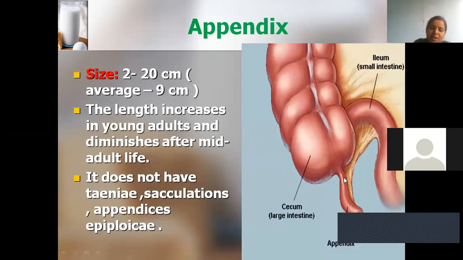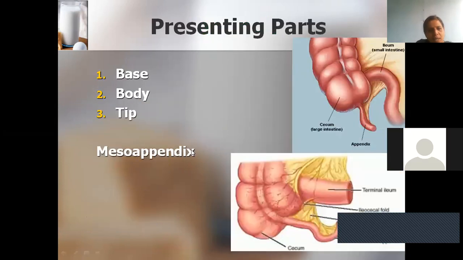The size of the appendix differs, from 2 to 20 centimeters. The length increases in young adults and diminishes after mid-adult life. It doesn't have tinea coli, appendices epiploicae, and the structures we see in the large intestine; we do not see them in the case of the appendix. The parts are the base, the body, and then the tip. Okay, the base